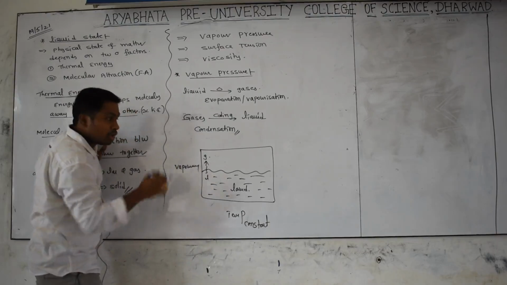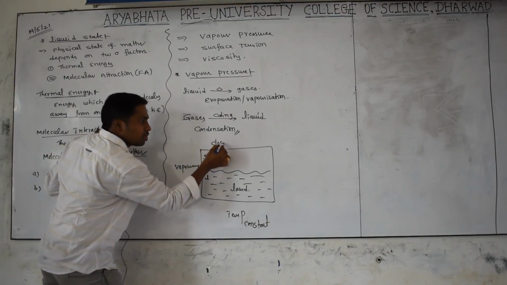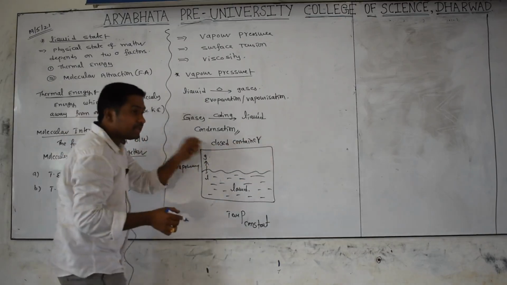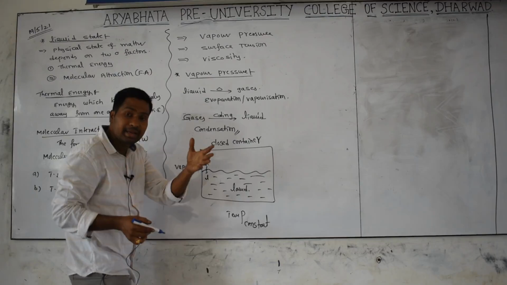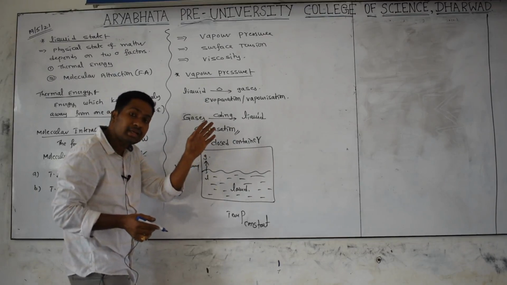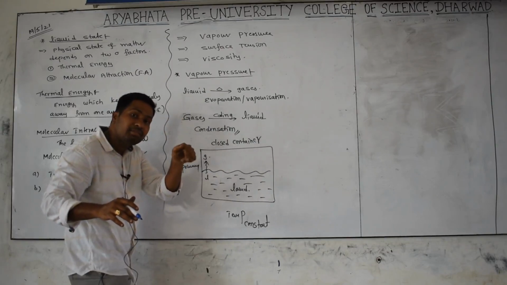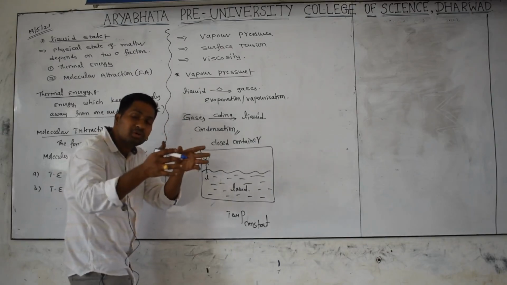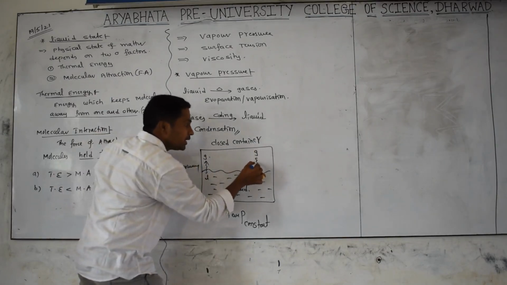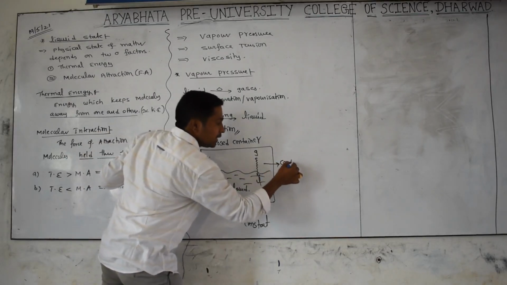I told you already. Now what happens? The gas particles cannot come outside, because it is a closed container. The gas molecules have high kinetic energy, but they collide with the walls of the container and lose their kinetic energy to the surroundings. The kinetic energy of the gas particles decreases, which means they stop moving and combine with each other. The gas particles reconvert into liquid particles. The phenomenon is called condensation.